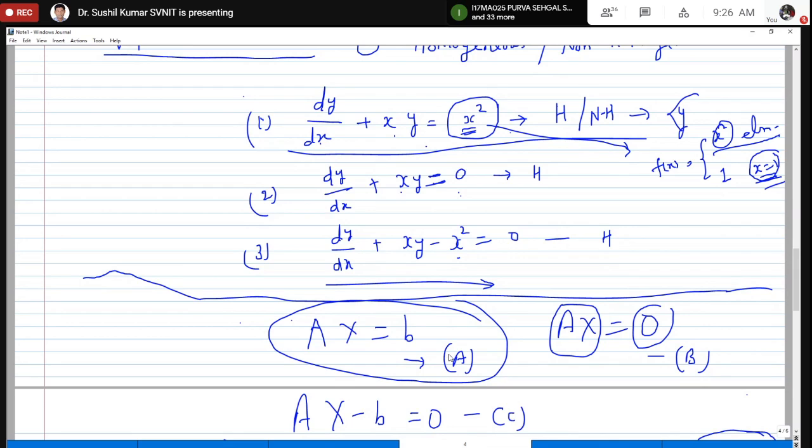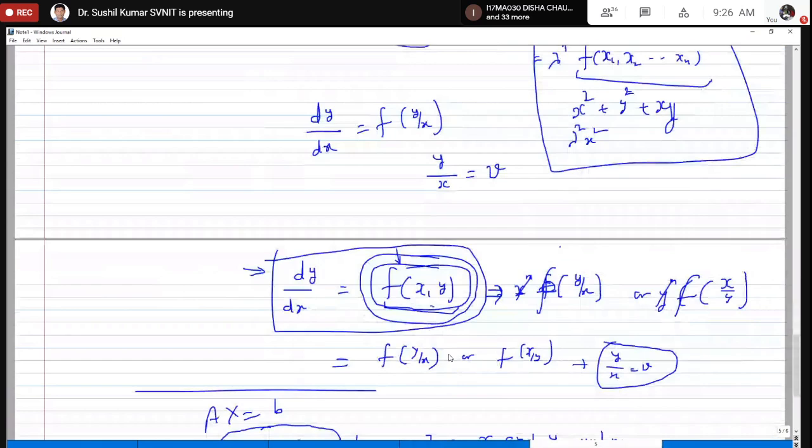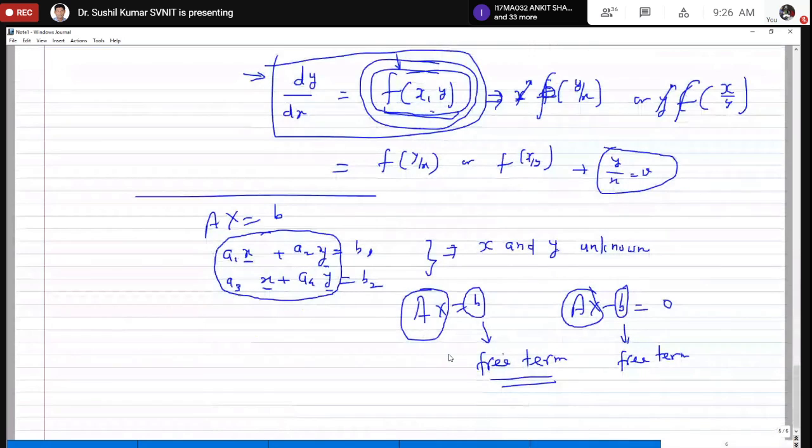In the second equation, in the first term we have unknown, in the second term we have unknown, and this is 0 here, so there is no free term in this equation. Okay, so it is homogeneous. In the third equation, here we have unknown, here we have unknown, but here we don't have unknown. So this is a free term and it is non-zero, it is present in the differential equation. That's why this equation is non-homogeneous. So the simple definition is: if the free term is identically 0, then the equation is homogeneous, otherwise non-homogeneous. Your equation may be ODE, PDE, linear, or any other equation.